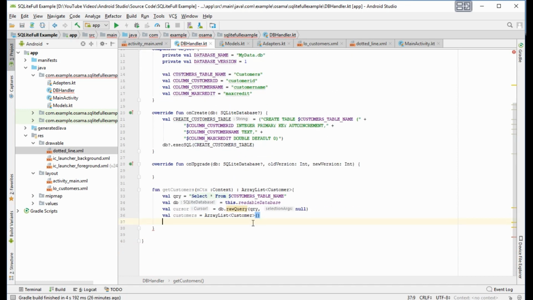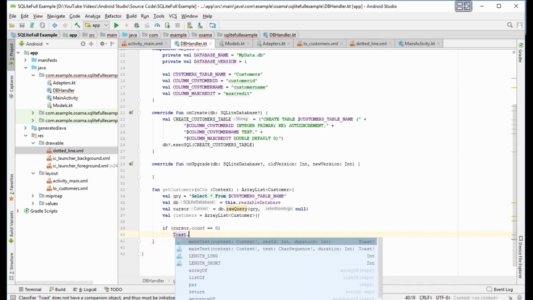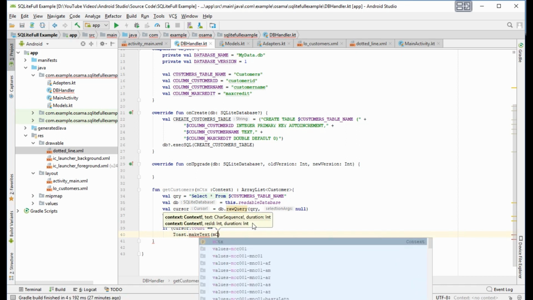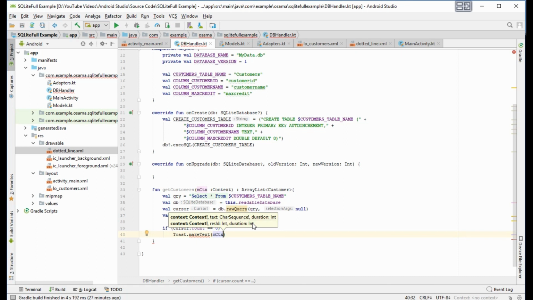Now if cursor dot count equal 0, what we want to do, we will Toast dot make text mctx the context, comma no records found.